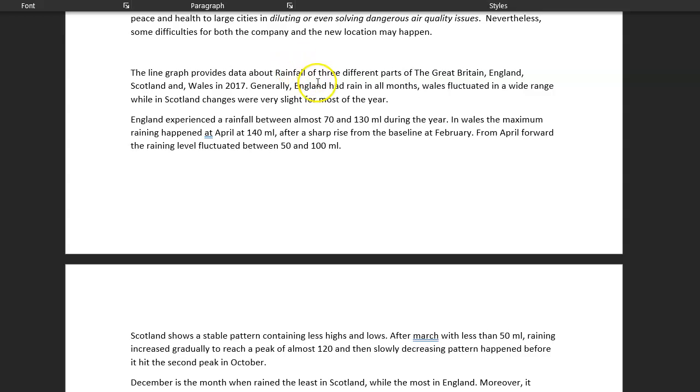So the line graph refers to rainfall in 3 different parts of Great Britain. Yeah, generally, England had rain in all months, whereas, oh, you've got while, I just saw that capital letter. Wales fluctuated in a wide range, while in Scotland, comma, changes were very slight for most of the year. Lovely. England experienced rainfall, you don't need A, between almost 70 and 130 during the year. In contrast,